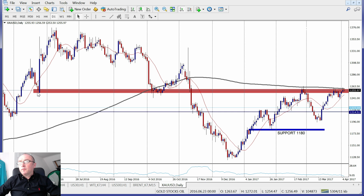The 1260 level is a key level in gold, not in the dollar index. Excuse me, I'm full of mouthing problems today. So towards the left of the chart, the gold has a significant structure. Old support, now resistance. It is also at the 200 DMA, daily moving average, and this is a level of